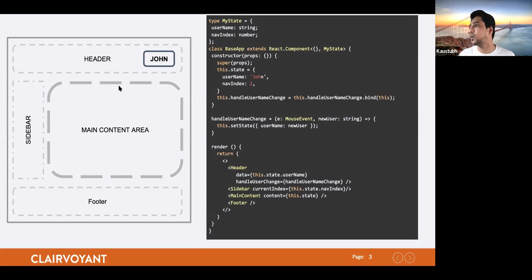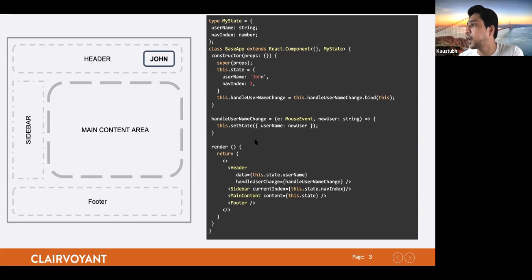We can see the code on the right side. This is just a basic class representation of how things we can write using the traditional way, which we are most familiar with. I just want to make a point clear regarding states and props, like how we use them. Considering the render method here, we have this.state.username. This is the actual state that we need to pass to the header. But for the footer, there are no props passed to it, no state passed as a prop. So this can be a function that is not accepting any of those parameters.